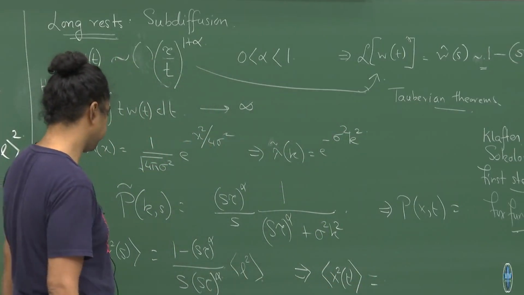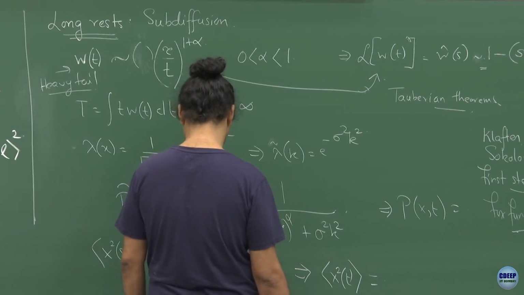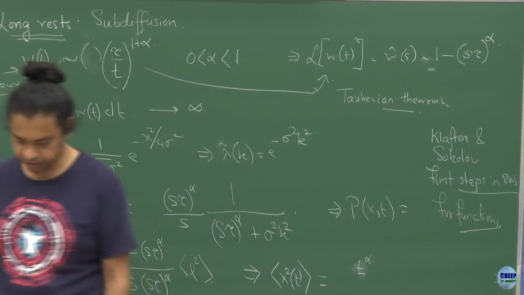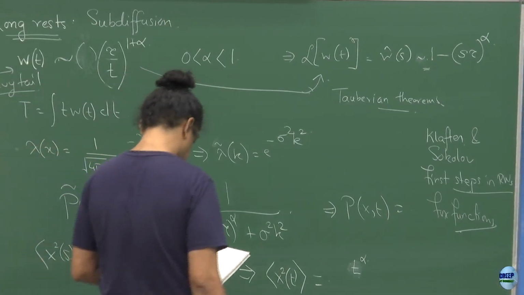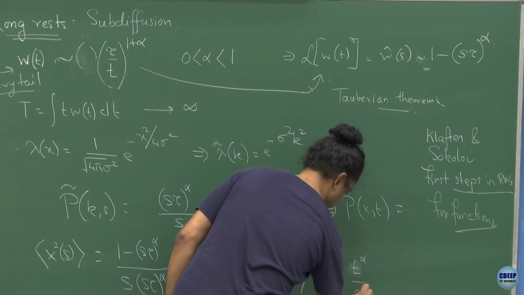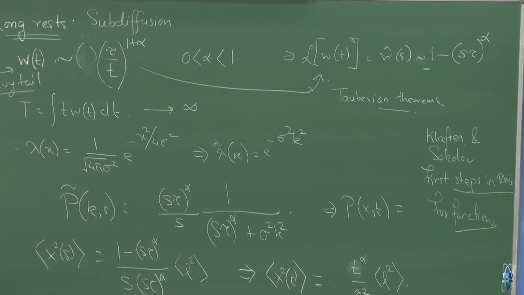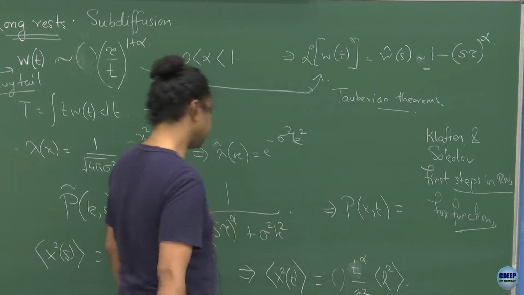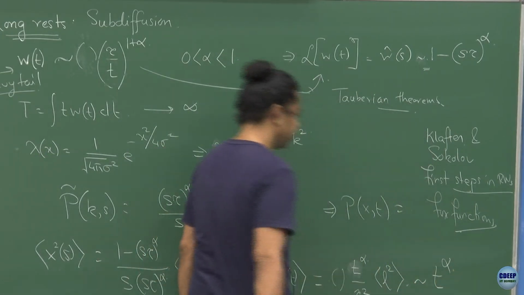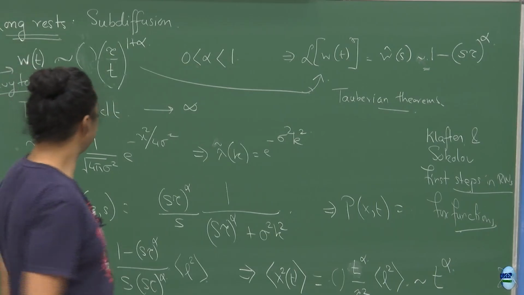right? And the leading order is just 1 by s to the power of alpha plus 1, t to the power of alpha. So, this gives you a t to the power of alpha, and then a coefficient which is roughly like 1 over tau square, and then of course, there is an average L square sitting down over there, and maybe other constants sitting in front. But roughly if you work out the MSD, you get something which is of the order of t to the power of alpha, where this alpha is between 0 and 1. Okay. So, essentially what this leads to is subdiffusion,